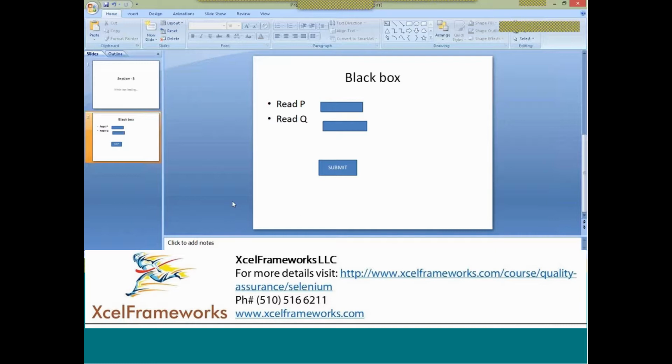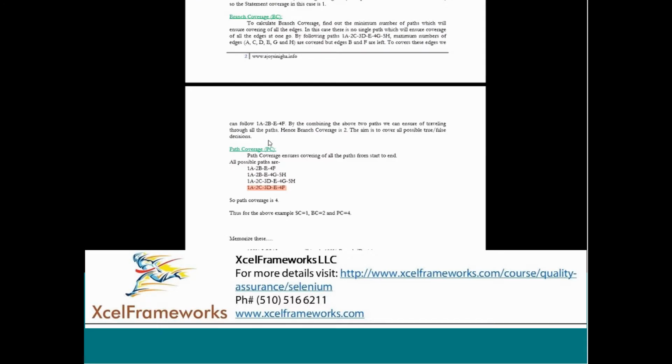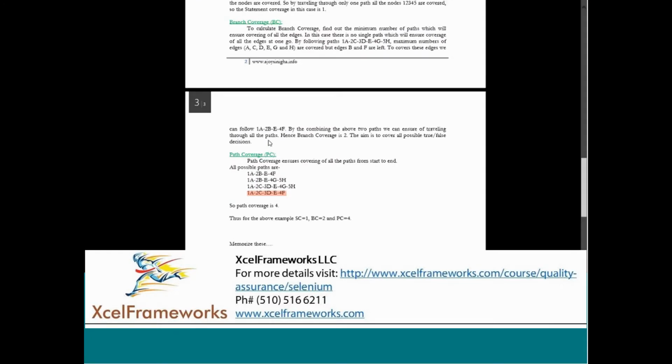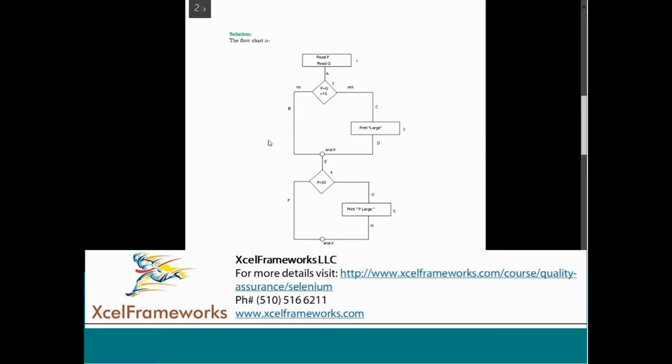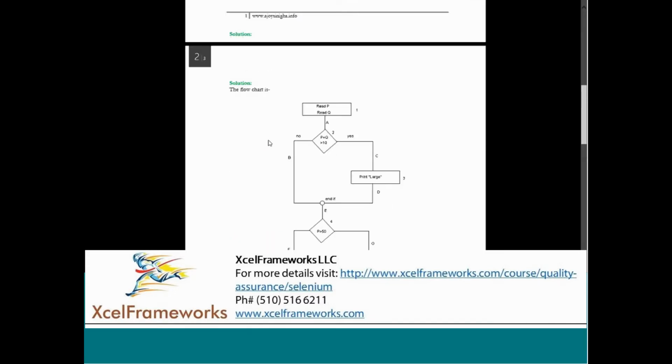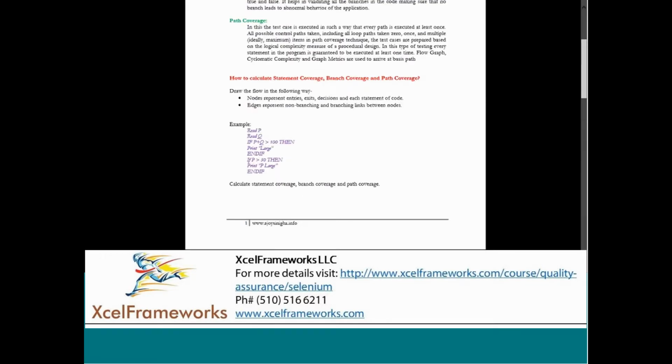But as a basic, if for a given piece of code you are able to figure out the statement coverage, branch or decision coverage, or path coverage, that is more than enough. If you want any kind of exercise, I can give a lot of exercises for you. Here, I can change some of the code.